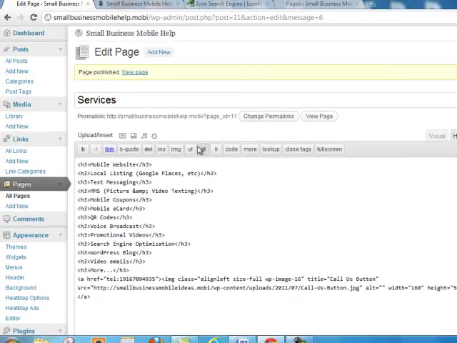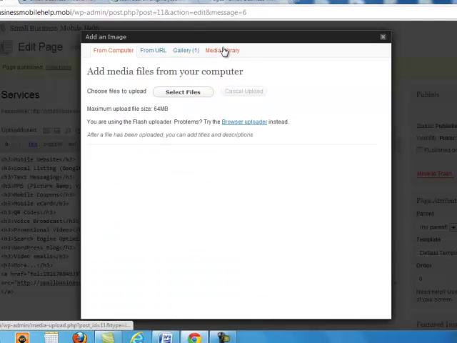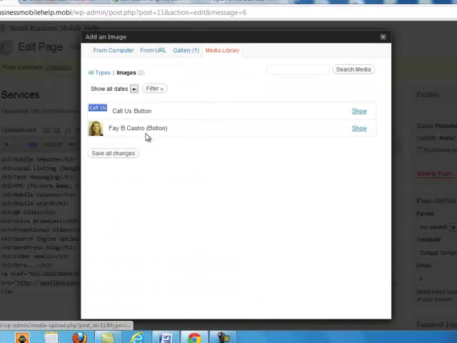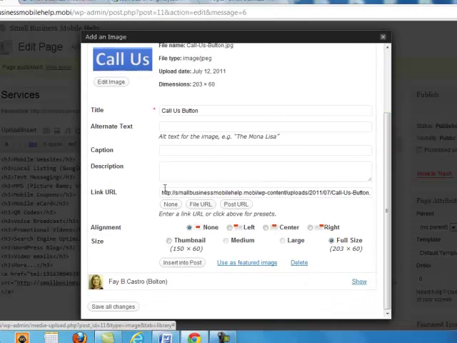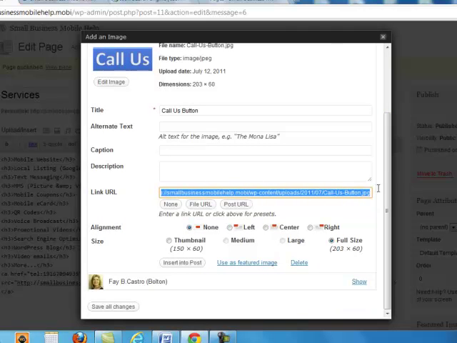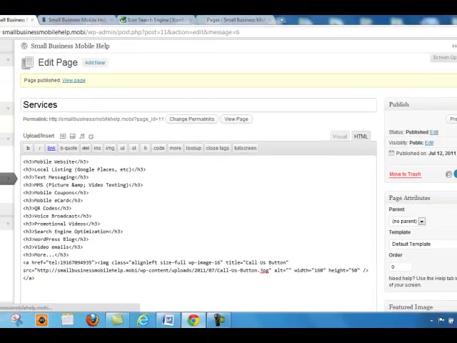What I want to do is, I've already got the coding here, so I'm going to change this coding over because I just copied and pasted it in here. And we're just going to insert the image at the bottom of the page. It's already in my library. Here it is, and here's a link to it. Just going to copy that, close this up. And then I'm going to put that in here because I want it to link to this page. Press there, press update,